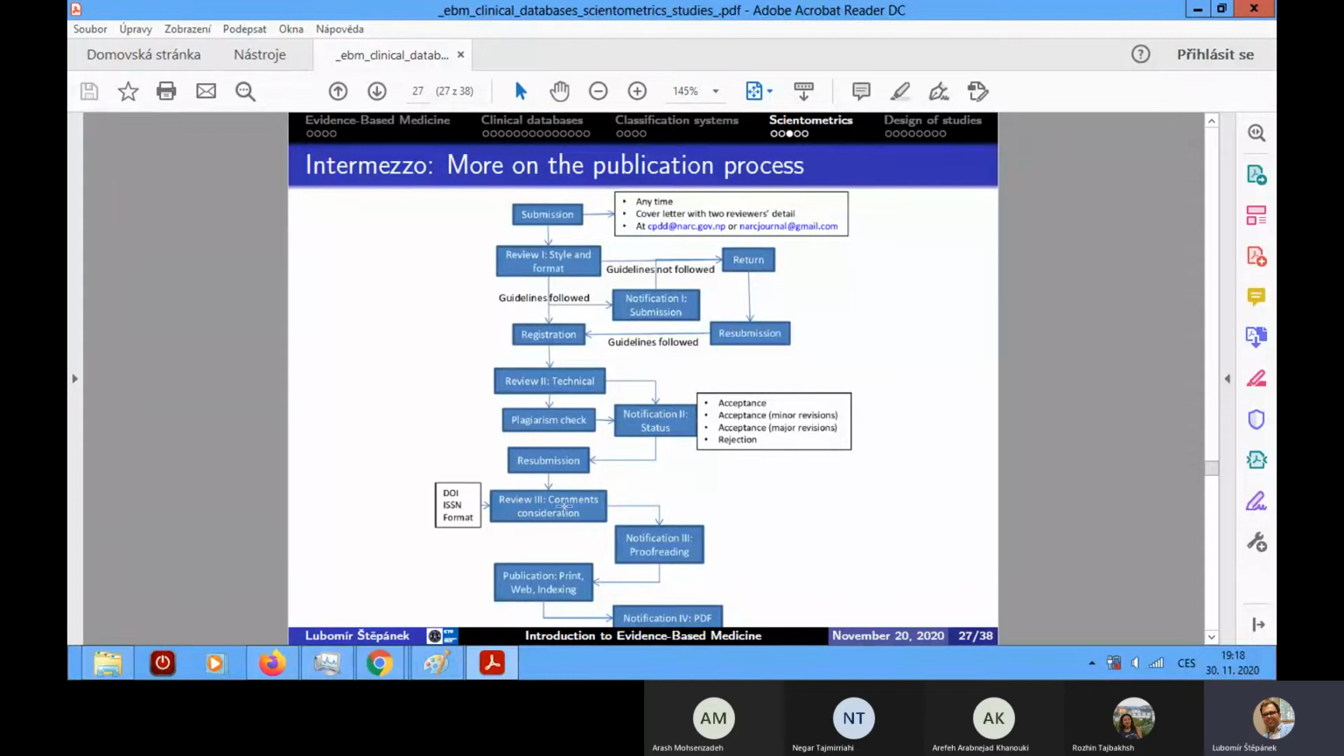Then there are some comments, considerations, and so on, and you are notified about the proofreading. So in other words, it's the last time you can make some small changes, small revisions in your camera ready version. So that part is usually called camera ready. Camera ready version of your paper means that